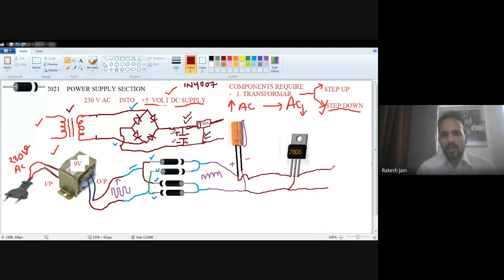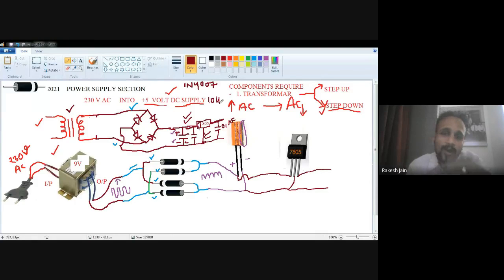Now before the output, one more thing we should connect: a non-electrolytic capacitor should be connected at both sides, and your circuit will be completed. Non-electrolytic capacitors, small size, 0.1 microfarad, two capacitors connected at the first pin and the third pin of the voltage regulator IC, with the second terminal of both capacitors connected to ground. Which capacitor do we connect? 0.1 microfarad. How do you understand that it is 0.1 microfarad? Those capacitors on which 104 is written are 0.1 microfarad capacitors.